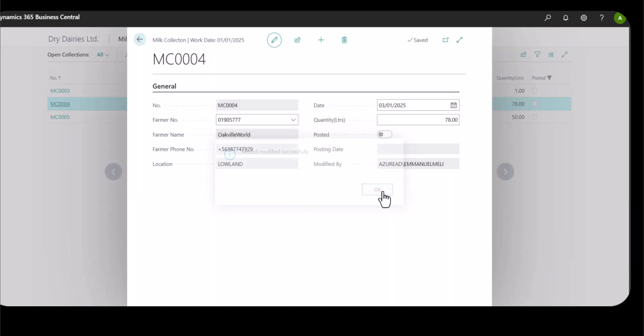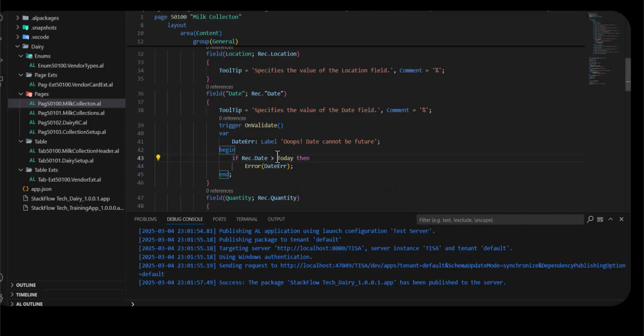I just have to go back to this. If rec date is greater than today, then error. And today is okay. Sorry. It is greater than today. But we make our working date 01/01/2025. So if we go to 02/01/2025, then it should give us an error. Yeah, this is not a problem. This is the normal life of programming. So let's try to play safe. Let's